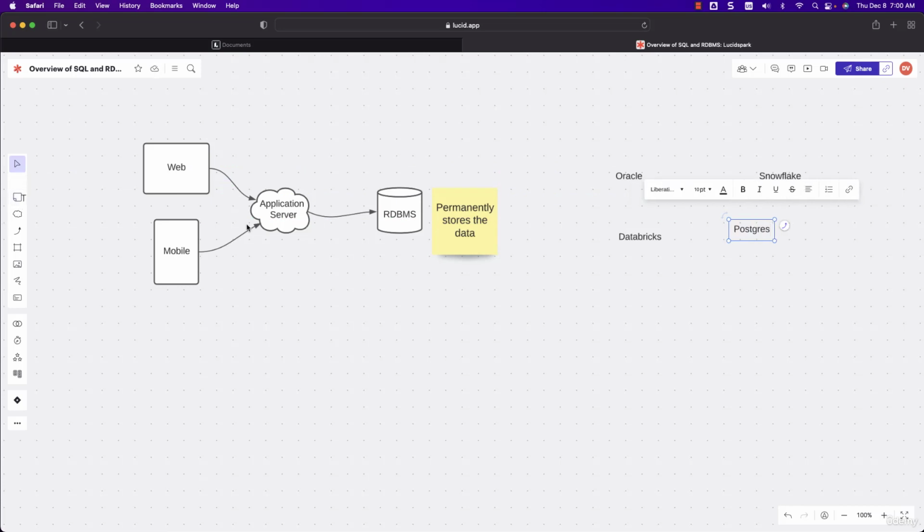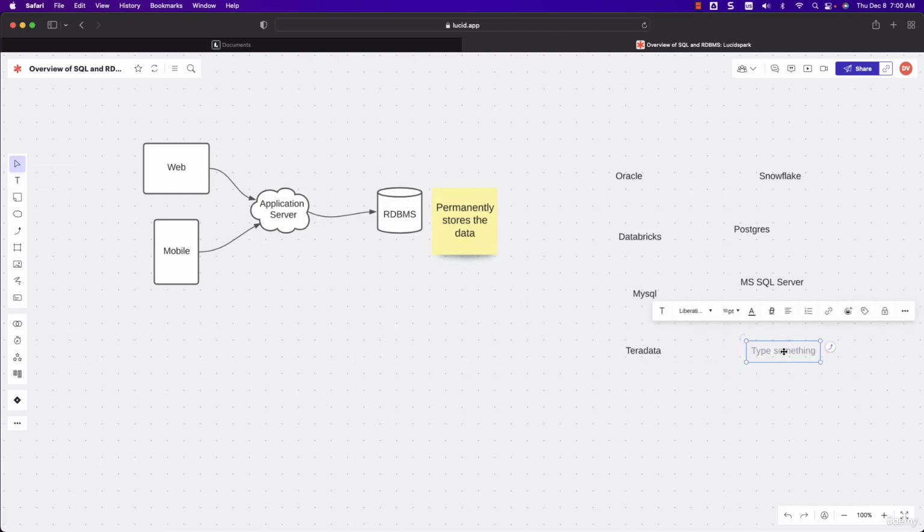Then we have MySQL. We have MS SQL Server. If you are a veteran in the industry, you also might have heard technologies such as Teradata, Greenplum, Vertica. Also, you might have heard about Sybase. Like this, there are quite a lot of different database technologies which you might have heard about. Also, you might have heard about technologies such as MongoDB, Cassandra, HBase, etc. MongoDB, Cassandra, HBase are considered as NoSQL databases. These are considered as either RDBMS database technologies or data warehouse database technologies.